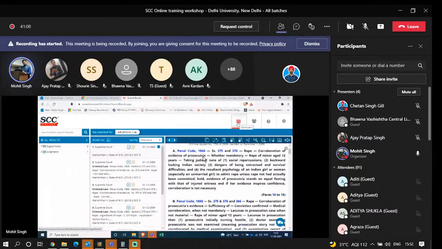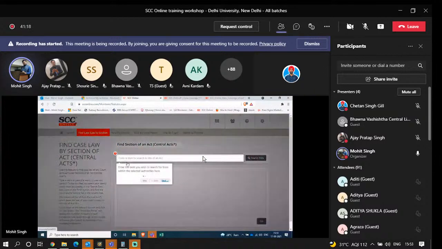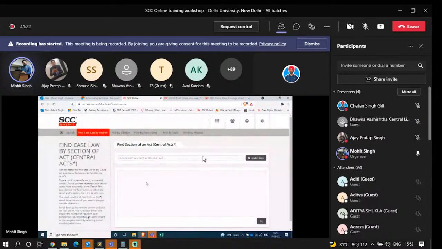Let's go back to the dashboard. This is find case law by section. Find case law by section allows you to search for the judgments on a particular section of law. For example, if you're looking for NI Act section 138, Negotiable Instruments Act section 138, then you need to type the name of the act over here. So negotiable, here you go, Instrument Act